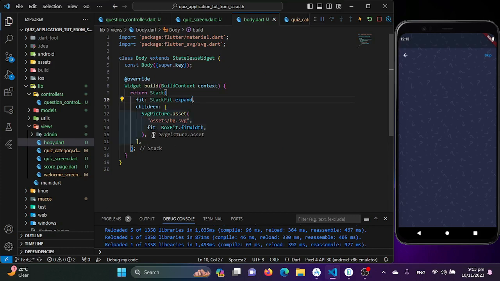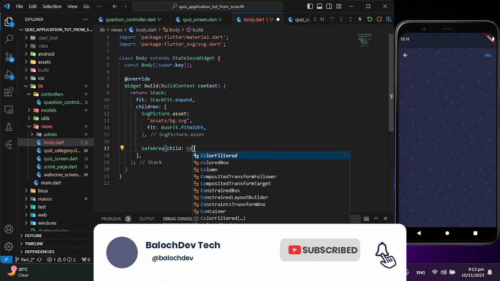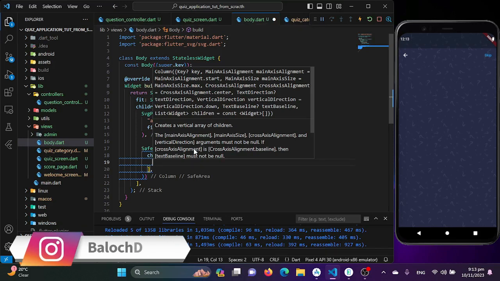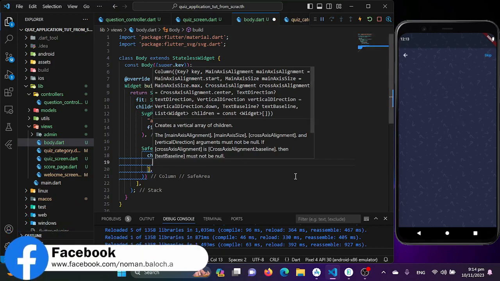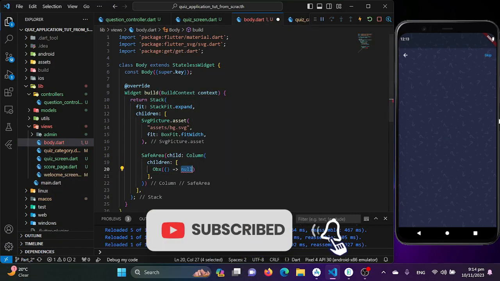So in the stack we are now done for that, and we also require the safe area. So we want to just code inside the safe area, so we will be just using the SafeArea. And in the child we will be just using a column widget. We need children in our column widget. And now we also require to update our screen whenever the number of question changes. So for that we need to just use the Obx widget of our GetX to just refresh the screen whenever